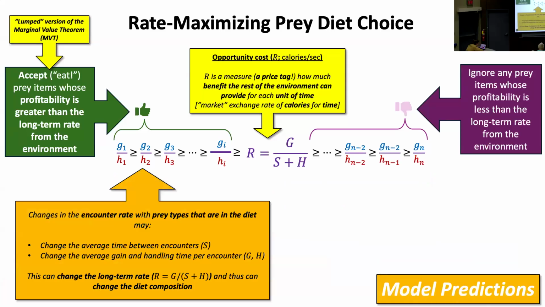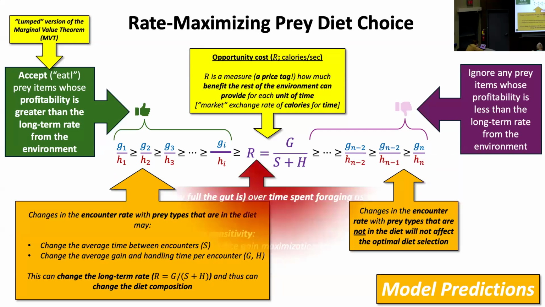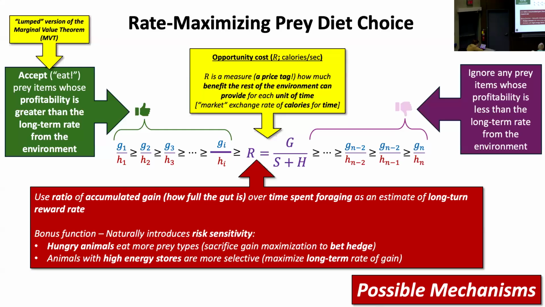So, changes in encounter rate, that's all I'm saying here. Only these encounter rates matter. These encounter rates don't. You make these more frequent, you'll eat less of these things. You make these more frequent, nothing will happen. So that is one thing. That's what I'm saying here. And this accumulated gain